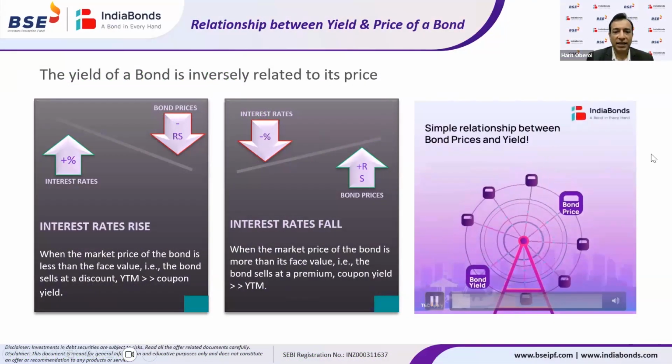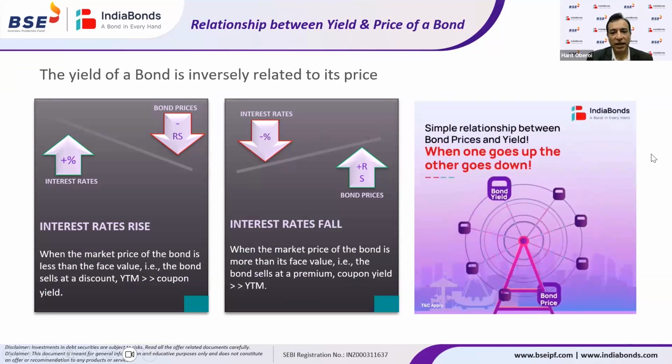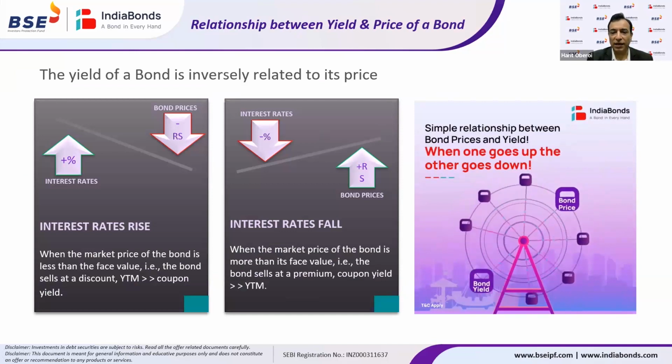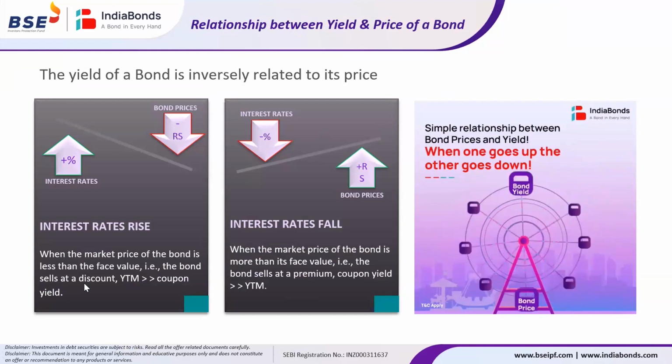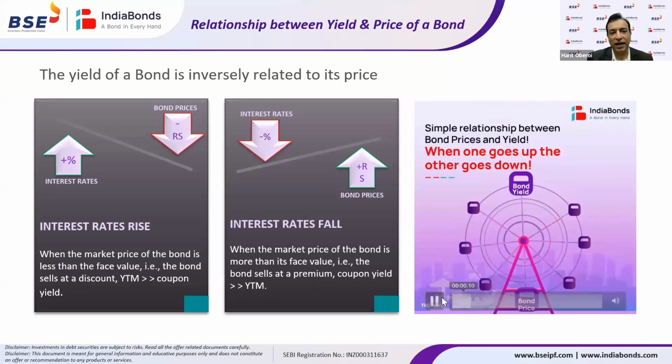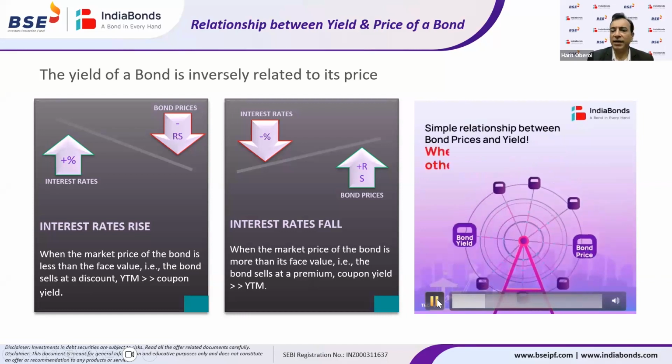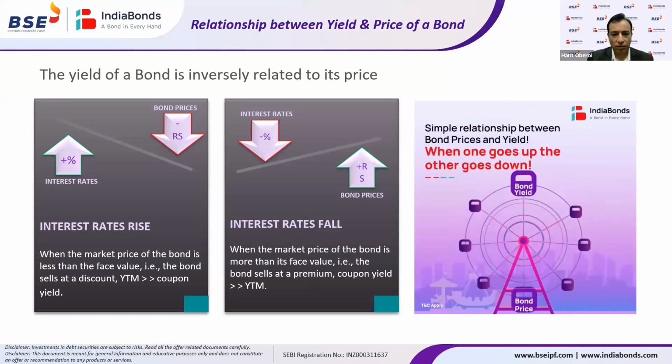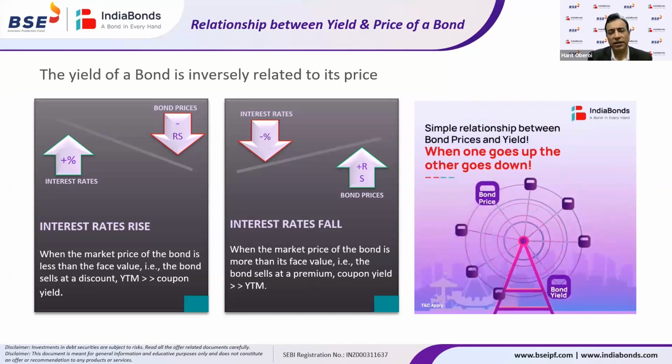The price and yield of a bond are always inversely related. You can think of this spinning wheel as a Ferris wheel, to always keep this in mind. The price and yield of a bond are always inversely related. Essentially, when we structure a bond and calculate its price, we say that the par value of the bond is 100 rupees. For example, the face value of a bond is 100 rupees and it has a 10% coupon rate. So the price is 100 rupees, the coupon is 10%.